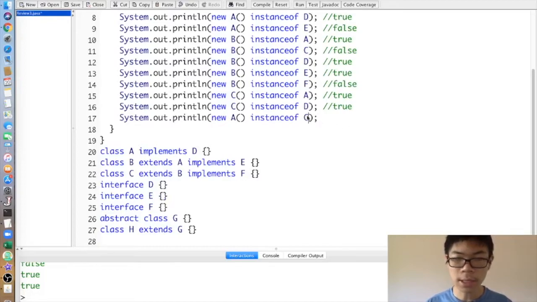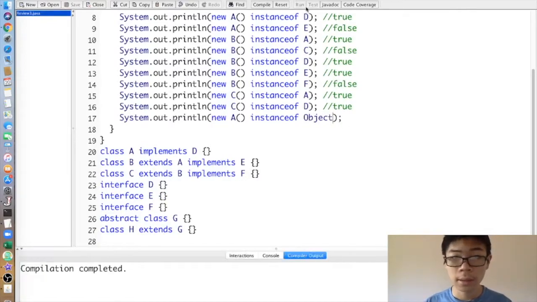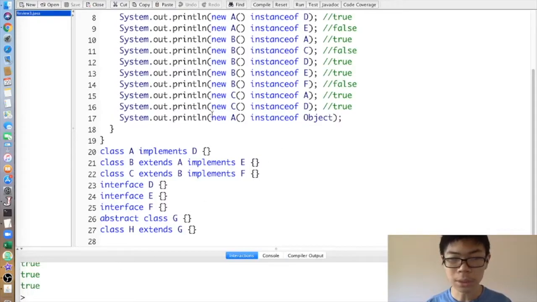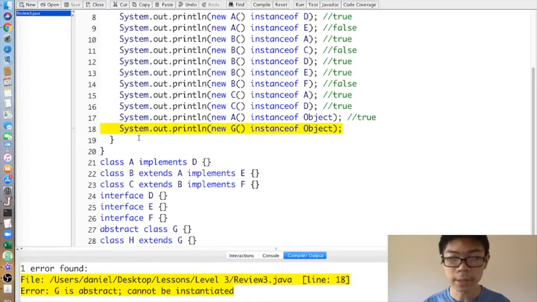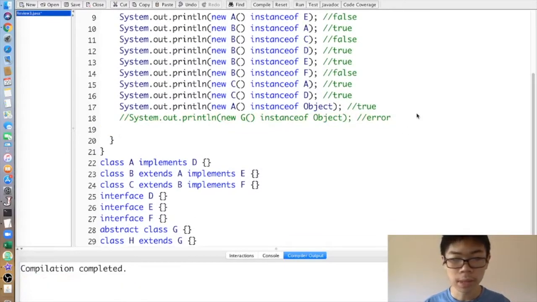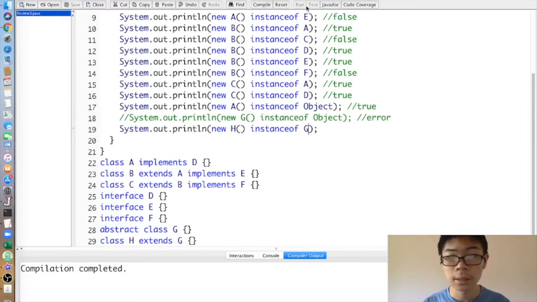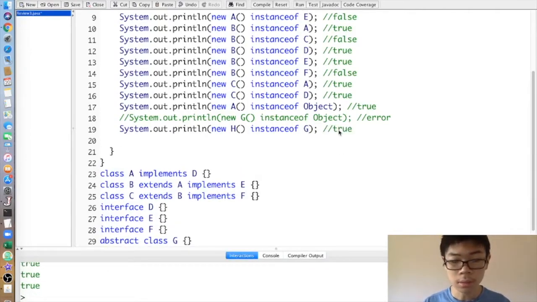Next one, new A instanceof Object. That's always going to be true. Basically, if we have an object instanceof Object, that's true. What about new G instanceof Object? Actually, that would be an error because we can't have new G. That's just invalid. What about, say, new H instanceof G? That's true. What about new